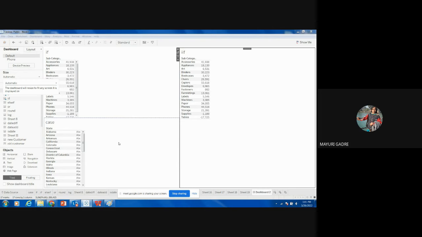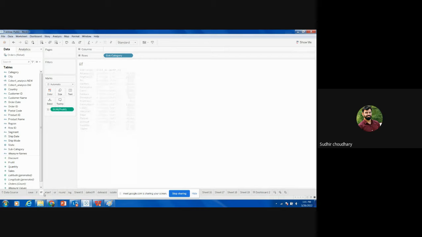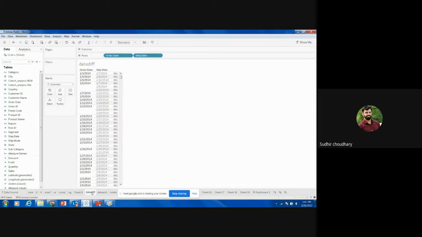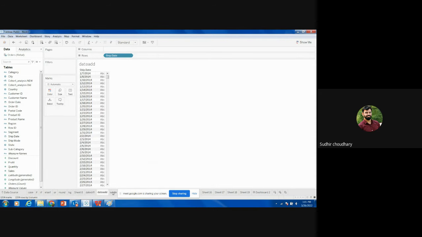Yes, okay. So you have to show multiple information in a single view. That is called dashboard. So whatever you are making on the charts here in different sheets, these are multiple information, right? And they can be related to each other, right?